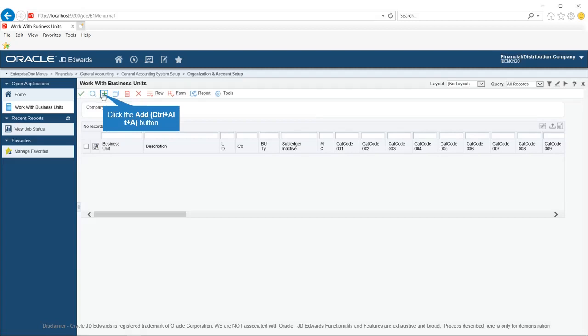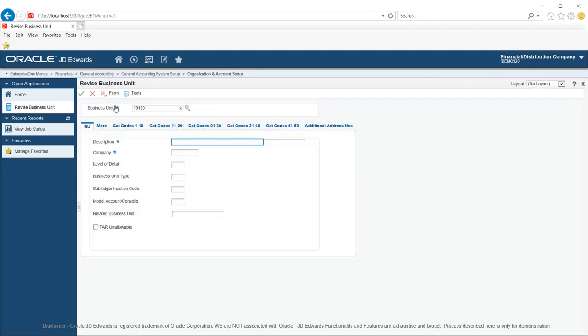Next, add another business unit for income statement to company 19,000. Click in the business unit field. Enter the desired information into the business unit field. Enter 19,100. You may encounter a situation such as a company acquisition in which you need to change the company number on the business unit.